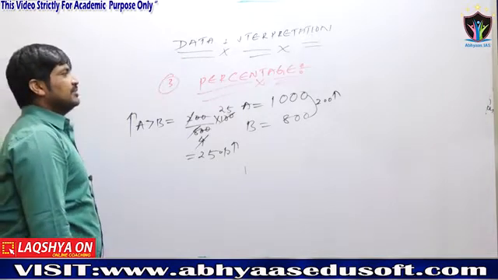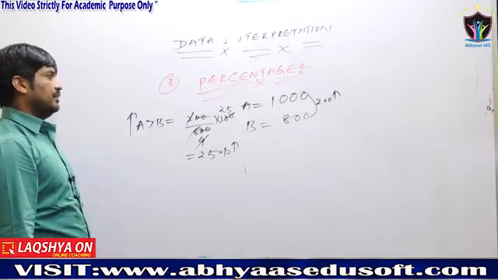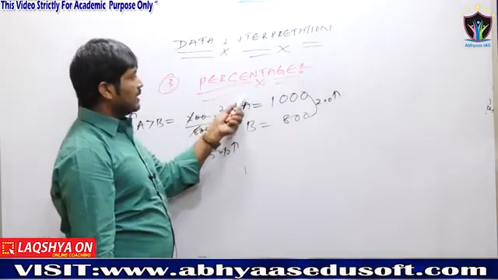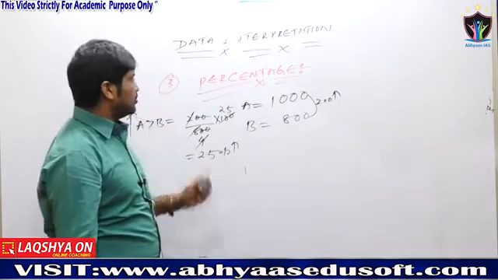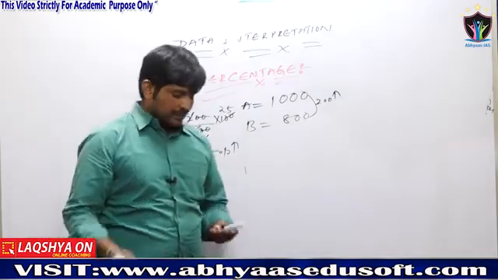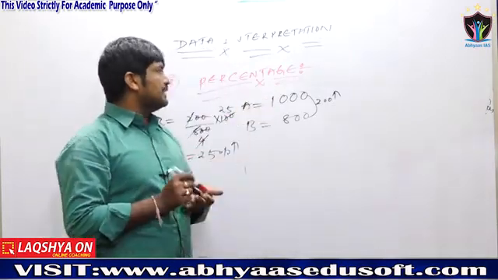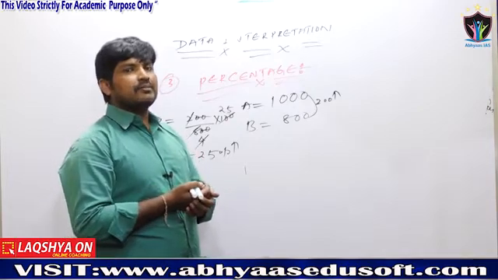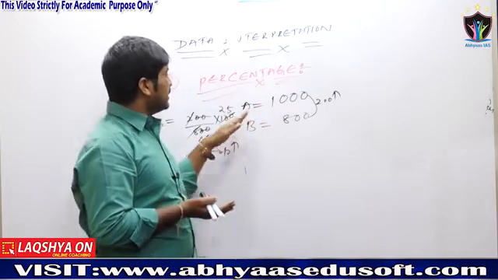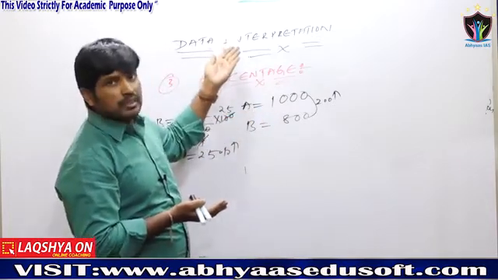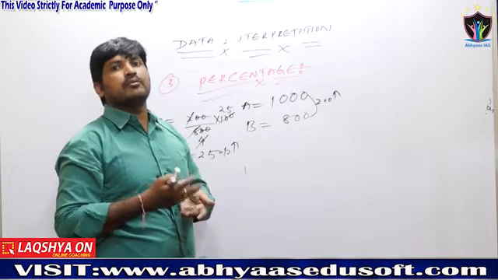As we have done in profit and loss, the same condition we can apply here. That is, A is what percentage more than B. If such kinds of questions appear, we can do it like that. Friends, always consider which is the initial value in these two. The initial value is nothing but CP. Here, when we say A is how much percentage more, without the value we can't say ourselves whether we are more or less.